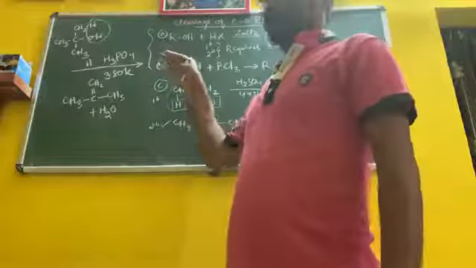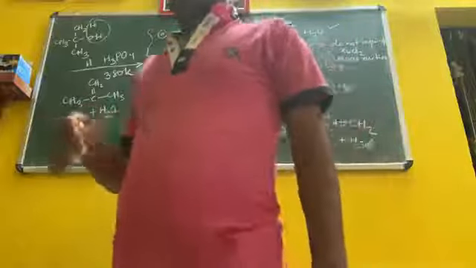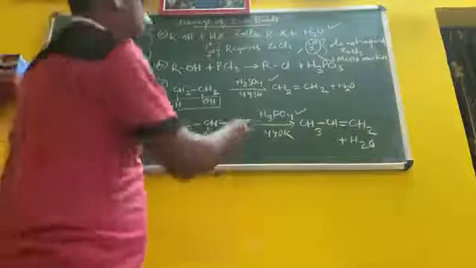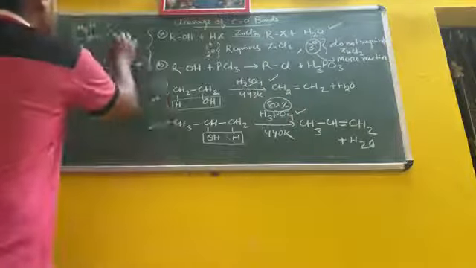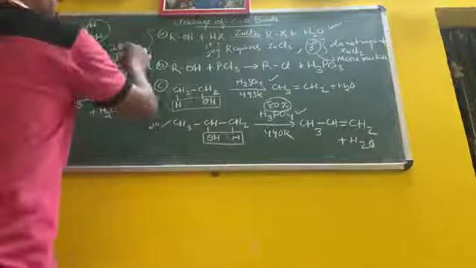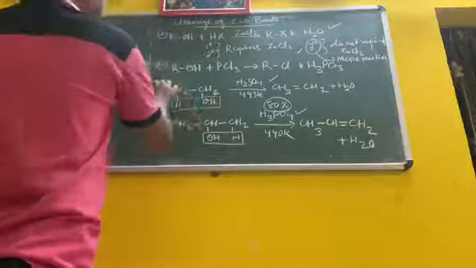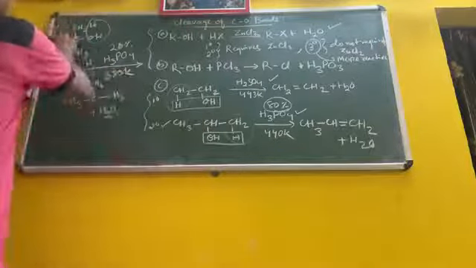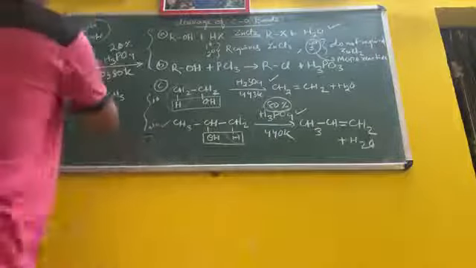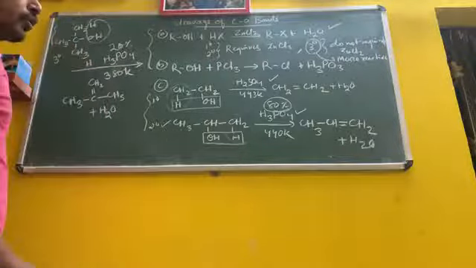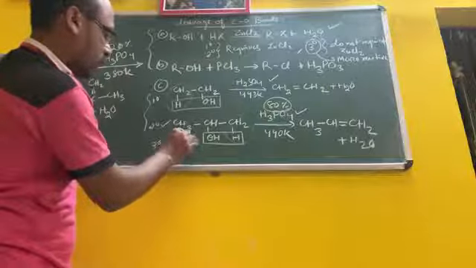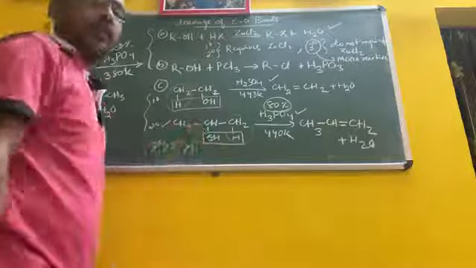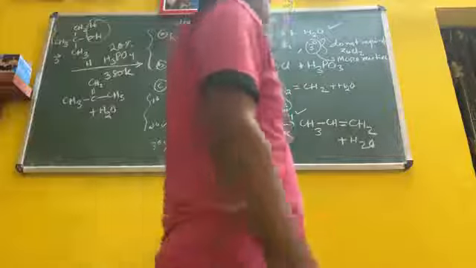And acidic strength decreases. Again, that also acidic strength decreases. This one is your 80% strength. This is your 20%. So these are all about the comparison of primary, secondary, and tertiary alcohols. Which one is more reactive? Tertiary is greater than secondary, which is greater than primary. All of you clear, children?